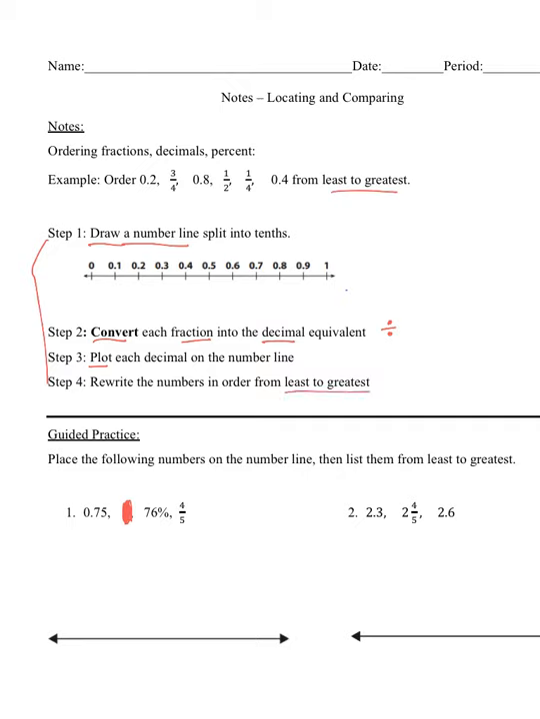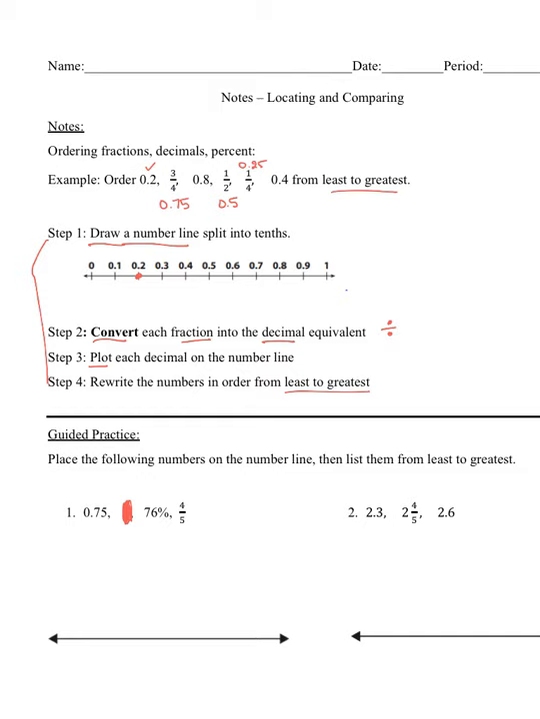Okay, so 0.2 is the decimal. So I need to convert 3/4. That's 0.75. 4/5 is 0.8, 1/2 is 0.5, 1/4, a quarter, is 0.25, and 0.4. So we're done converting. Now we're going to plot 0.2,